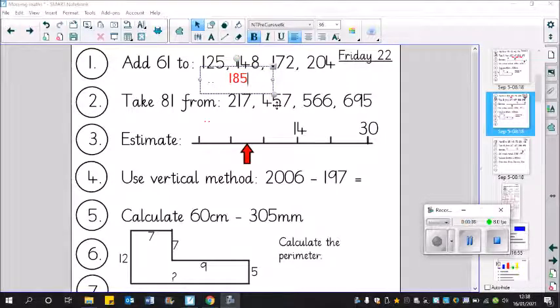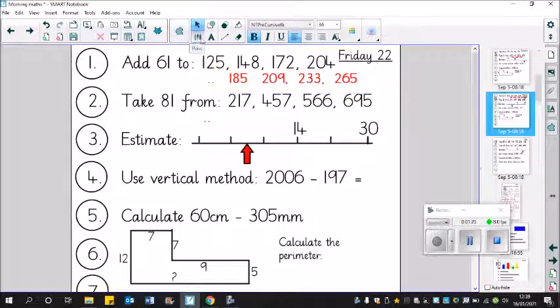Okay, the next question is 148. So 148 add 60 will be 208, but because we're adding 61, it becomes 209. 172. Well, if we add 60, then we get 232, but because we're adding 61, it's 233. The next one, the last one, 204. So 204 add 60 is 264. But of course we're adding an extra one, so it becomes